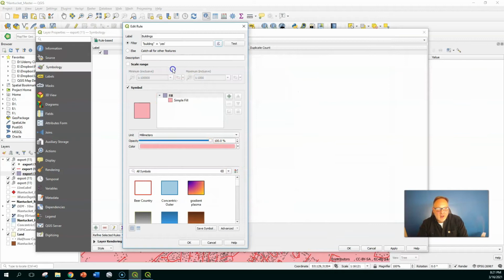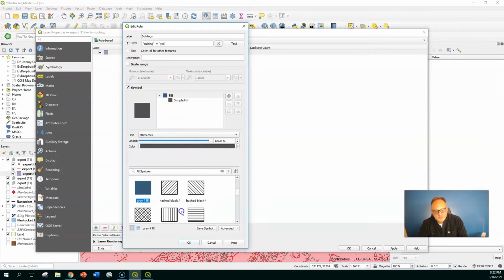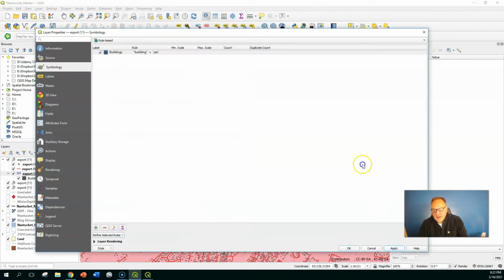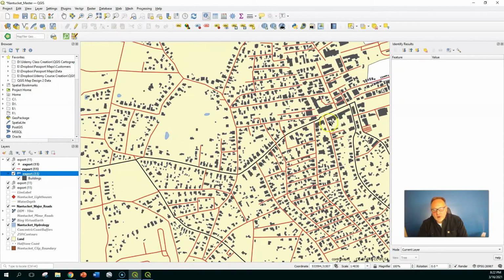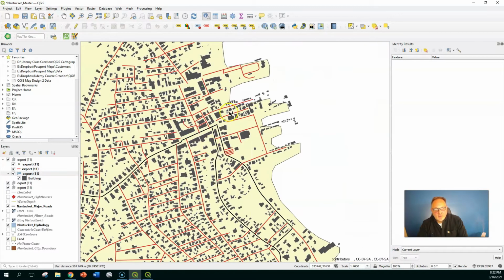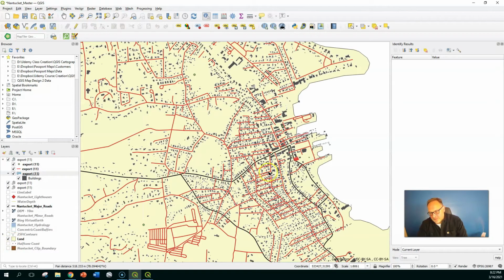And then now I have my symbology information, and I'm going to pick a gray fill, hit OK, and hit apply. And now our buildings are symbolized gray. You're probably thinking, okay, that's great, big deal. So what? We've done that before, right? Well,